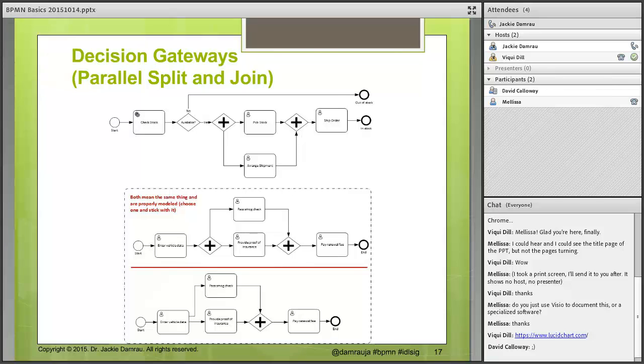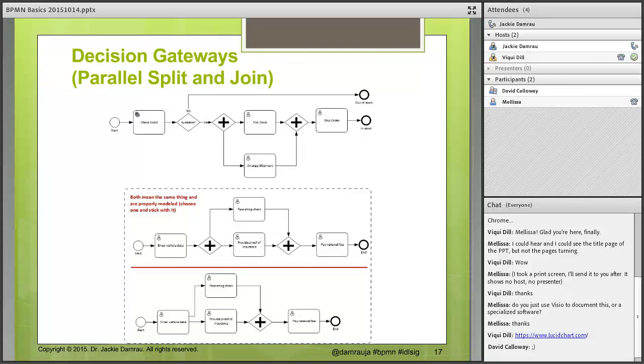In this case, this top piece here is the same process we talked about, except at the credit okay, to fulfill my order, I have 2 parallel paths that have to happen. And this plus inside this decision now says this is an and decision. This means I have to complete one path, come back, complete the second path, and when I have the results from both paths, then I continue on. So the split and join is I'm splitting the path and I'm joining the path. Whatever I split the path with, if it's a plus for the and, or an X for an exclusive, which is called an or,